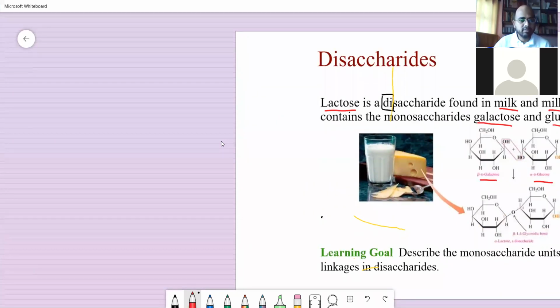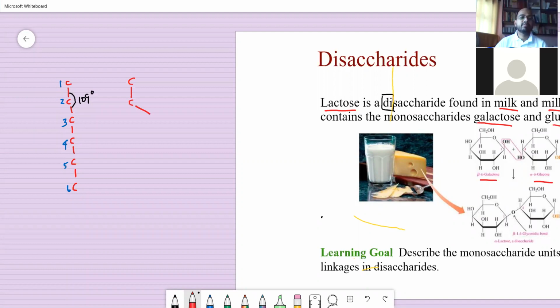I'll just again take the structure of glucose, put 6 carbon atoms there, and number it as 1, 2, 3, 4, 5, and 6. Because every bond angle is 109 degrees 28 minutes, the molecule has to bend. So from C1 it will go like this, from the second carbon atom it will go like this, and this will represent the 109 degrees.